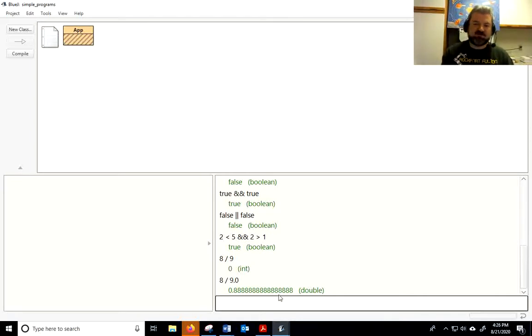Don't be surprised if the last digit in a result of division is not correct. Just like with Python, doing division, it's not guaranteed to be correct in the last decimal place. There are ways to make it that way, but you have to use objects. All right, so we've talked about that. Let's talk a little bit about